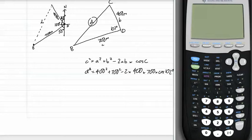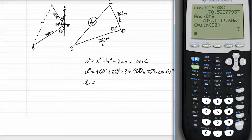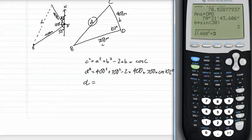So d. And look, we'll use up a ridiculous amount of time with me typing this in. Feel free to skip through and get the answer. The square root of 400 squared plus 700 squared minus 2 times 400 times 700 times cos 102 degrees. Remember, you don't need to put the degrees sign, and enter,